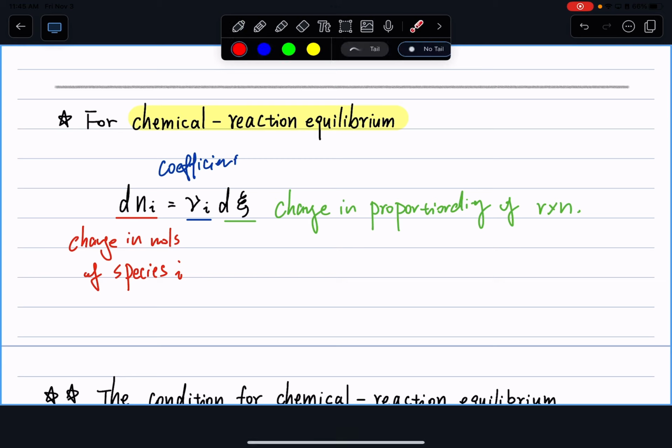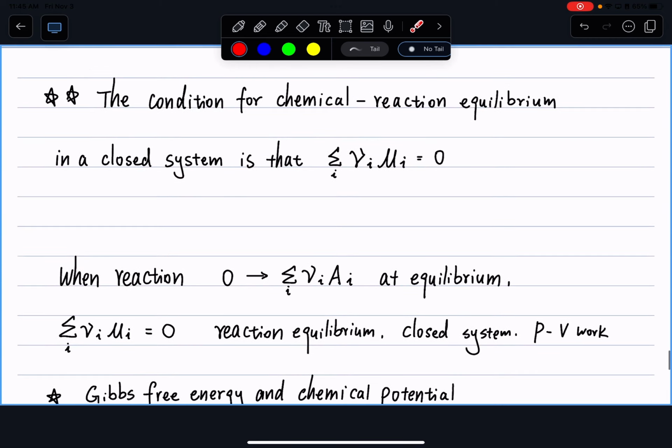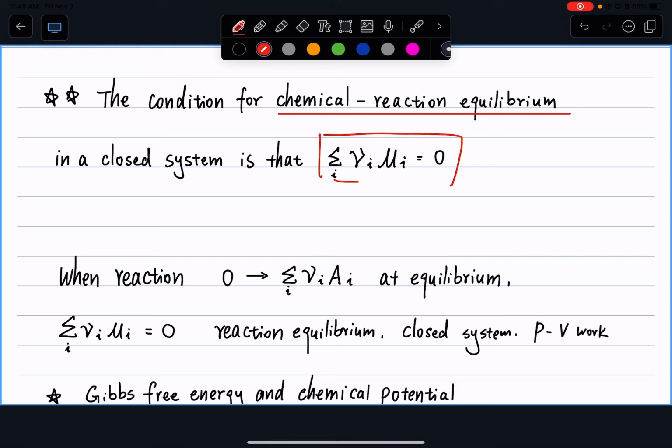And what we're talking about is building a link between the changing number of mole of a specific species to the overall extension of your reaction, or proportionality of your reaction. And let's take one more step to look at our chemical reaction equilibrium. So at equilibrium, using our same kind of analysis, we need to have this term here to become